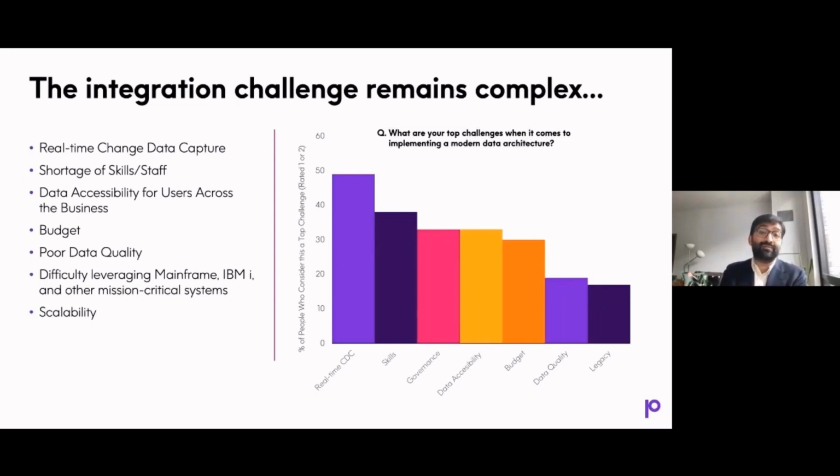And so how do you control your budget within an ecosystem like that is top of mind for a lot of these survey respondents. Data quality, this is something we hear from every customer. I've integrated my data successfully, but I don't trust it because the data quality is not up to par. So, managing the data quality continues to be a core area of focus. And then the last two pieces I think I've touched on, so I won't belabor those points right now.